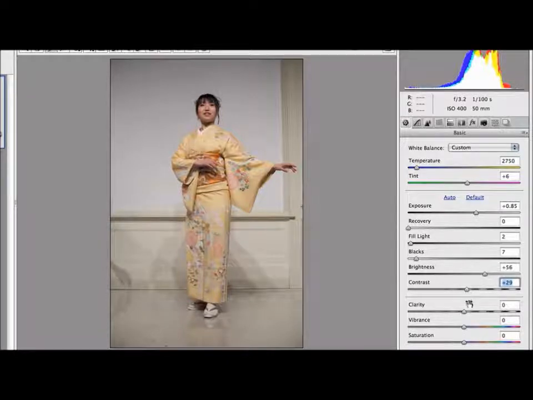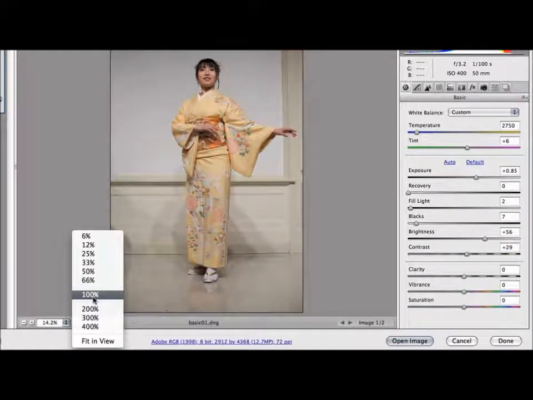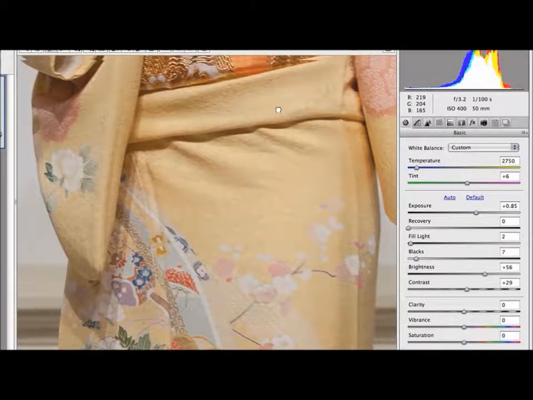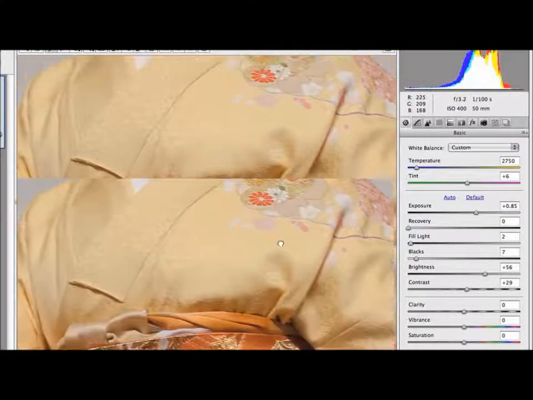We've got a clarity slider that you can use to give your image a little bit more snap, a little bit more punch. To use this, I highly recommend viewing the image at 100% view. So we're going to go down to our view percentage menu and select 100%. I'm going to use the hand tool. This is the same shortcut as in Photoshop of holding down the space bar, and we'll drag up so that we